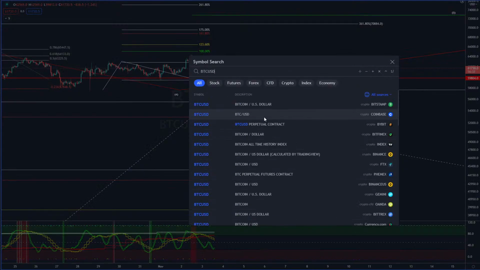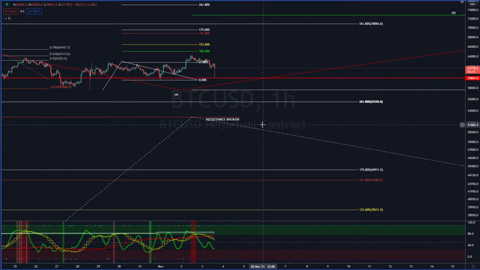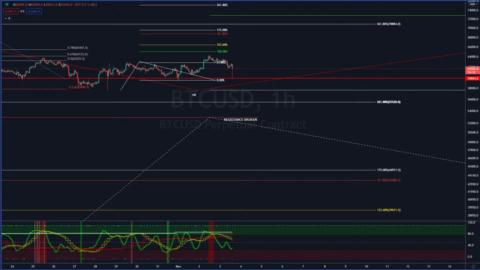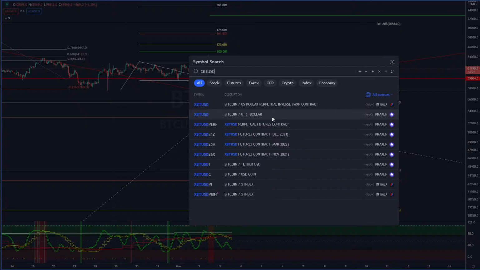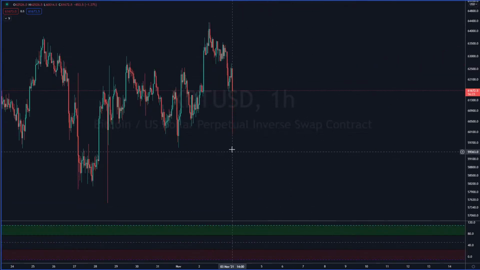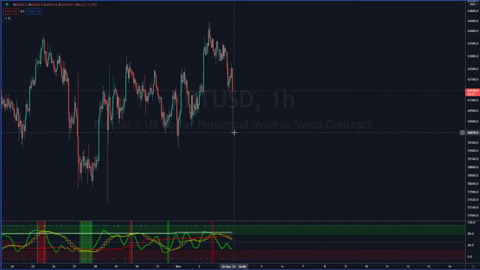Let's take a look at Bitcoin on Bybit, which I don't really look at very often. Actually, that is this. Sorry, apologize. That is the exchange that I'm looking at. Let's take a look at BitMEX. See what BitMEX did. Very similar. It went down to, actually, it didn't even break 60,000. It went down to 60,014.50. So that looks to me like a liquidation hunt, a stop hunt, trying to find stops that were below 60,000. And the people on Bybit just got it. It looks like BitMEX is safe. They didn't get down that low.